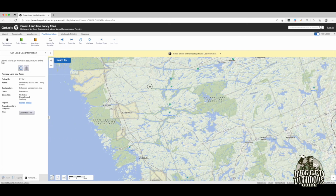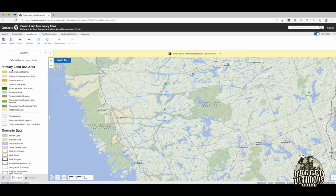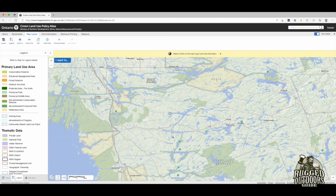I'm like, well, yeah, but there's like 50 different colors here, and what do all these things mean? Is it all Crown land? And can I camp on all of it? Well, the answer is no to both questions. So it can get a little confusing, and that's why I tried to simplify it as much as I can for you. Just stick with enhanced management area, general use area, and even if the colors don't show up, you can still click